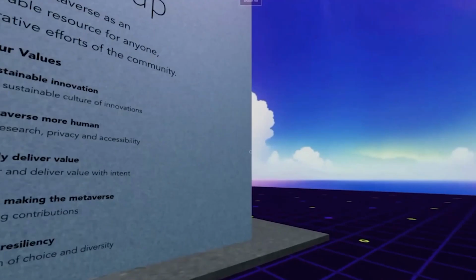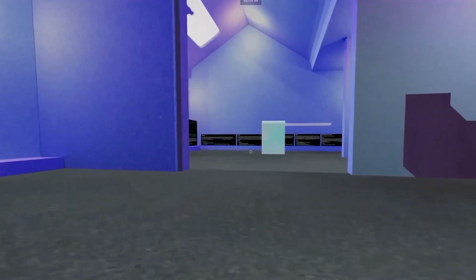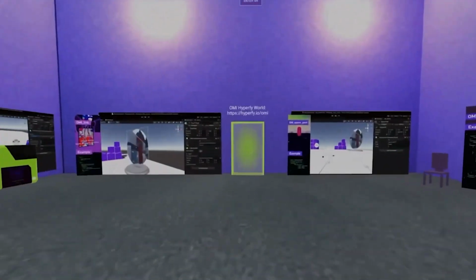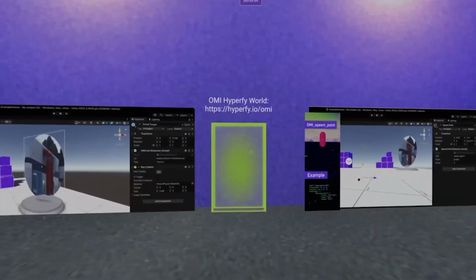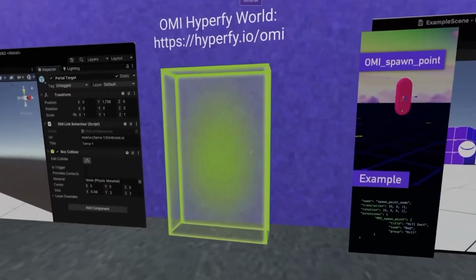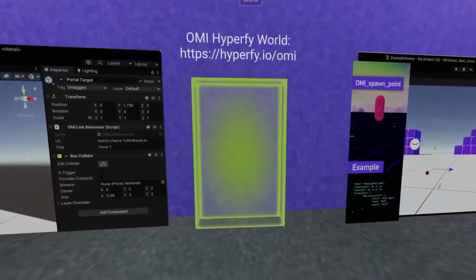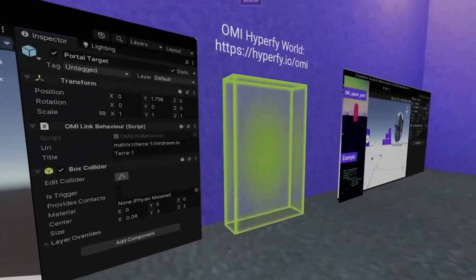So that was the Omi link extension. It could be embedded into a file, and we could have essentially a hyperlink, the exact same thing as what a hyperlink would do. It's essentially what we're going for here. And it can be not just these obvious portals that are boxes, but even other things like buttons, or a character that you bump into and they push you into another dimension. You can get really creative with these.